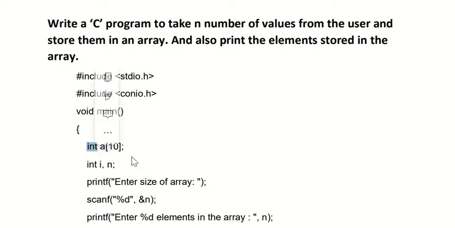Here I have used data type as integer, and after that, in the declaration of array, we write the array name and size also. Here I have used a and then size as 10, which means the name of this array is a and the array size is 10. You can write 20, 30, 40, 50, depends on your program. Now in the next line, two more variable declarations, that is int i and int n.